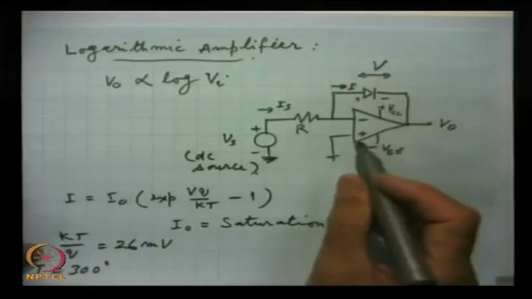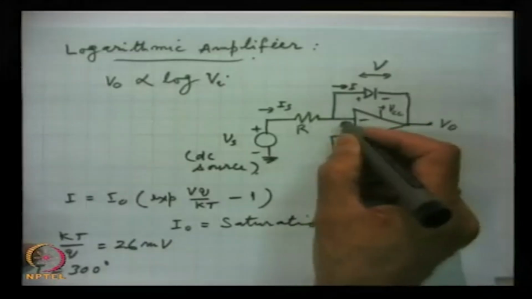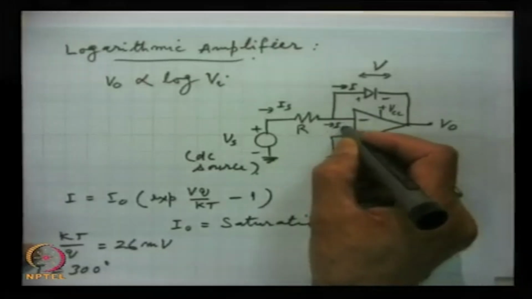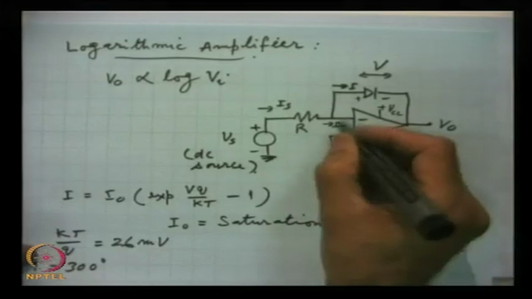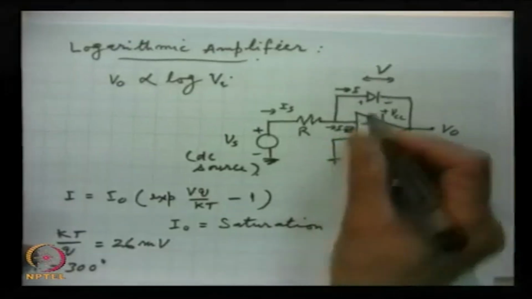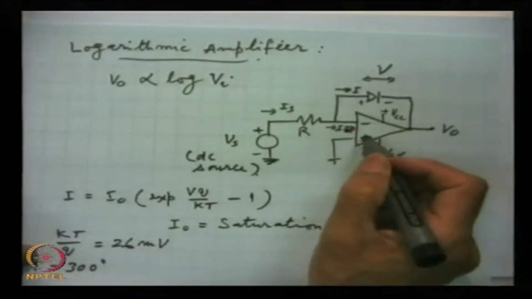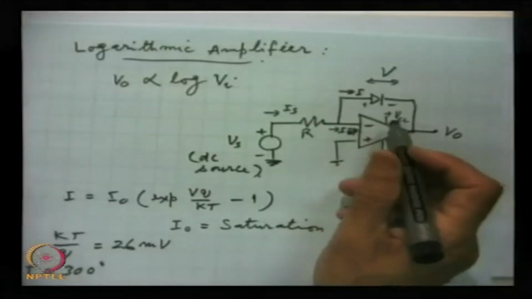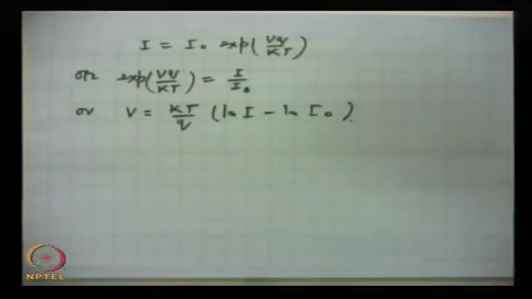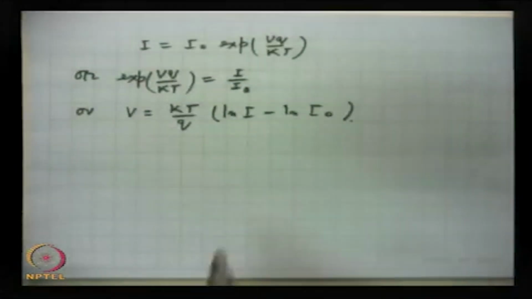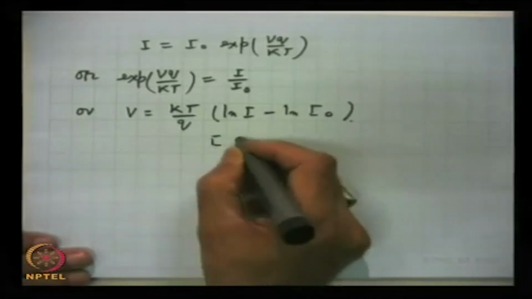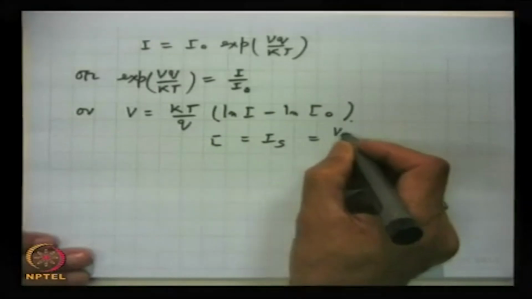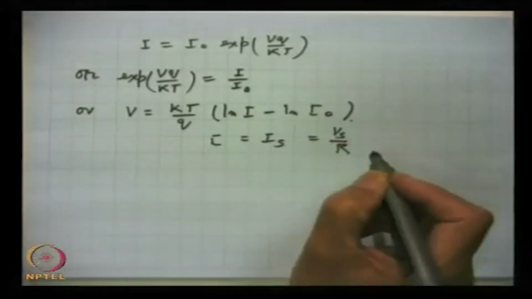The current going into the inverting input is 0 because of the very high impedance of the operational amplifier. So taking I as IS equal to Vs by R,